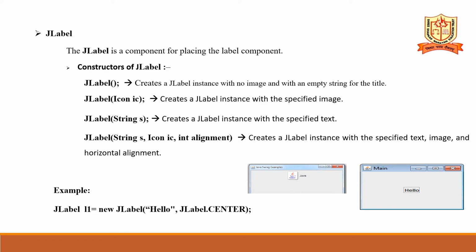Here we will see the swing component JLabel. The JLabel is a component for placing the label component. The constructors of JLabel are: the first constructor creates the JLabel instance with no image and no title, and the second constructor creates the JLabel instance with a specified image. In the example you are shown that this is the JLabel instance with a specified image, and the next constructor creates the JLabel instance with a specified text, and the next constructor creates the JLabel instance with a specified text, image and